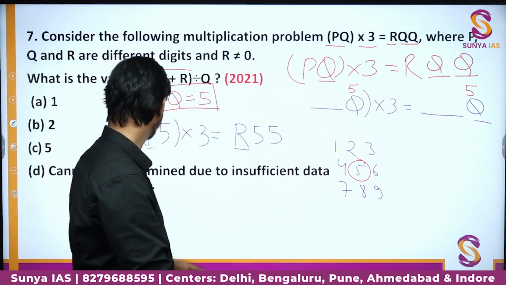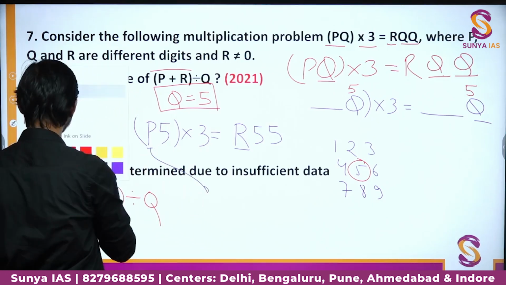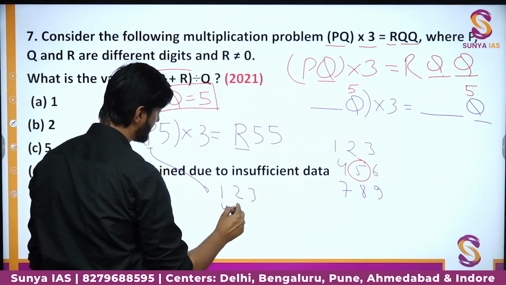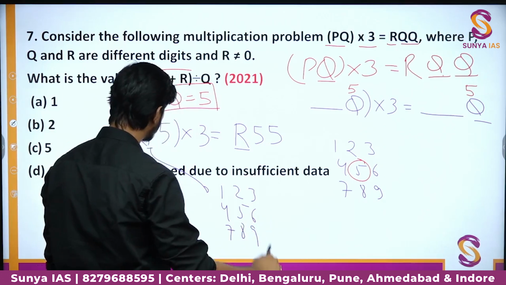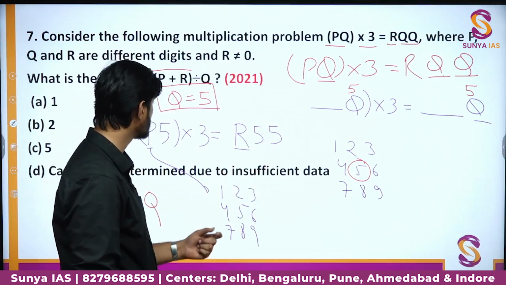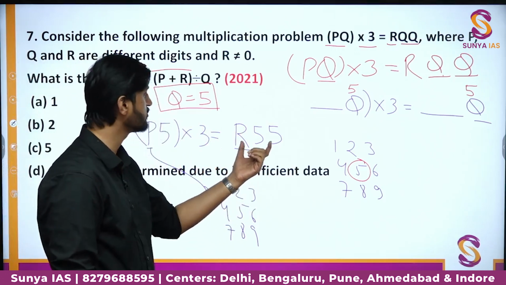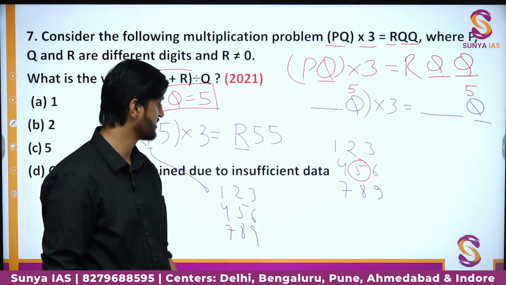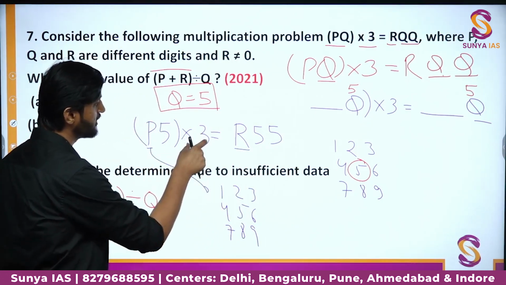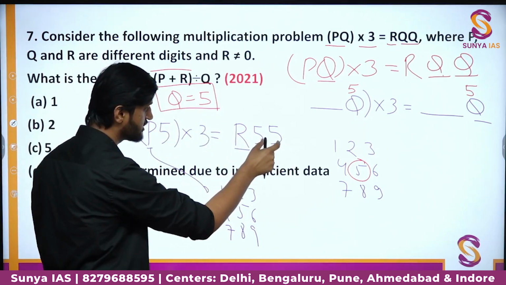Okay. So here you can see that P is, since a digit, it can have any value from 1, 2, 3, 4, 5, 6, 7, 8 and 9, right? We can try one after another and see which values match such a pattern. So if we take P as 1, it will become 15 into 3, 45. No, it will not suffice because that would be simply a 2-digit number. Here we have a 3-digit number. So let us try with, let's say 4 this time, it is 45 into 3. The product becomes 135 but not 155. Okay, so we need the same pattern.